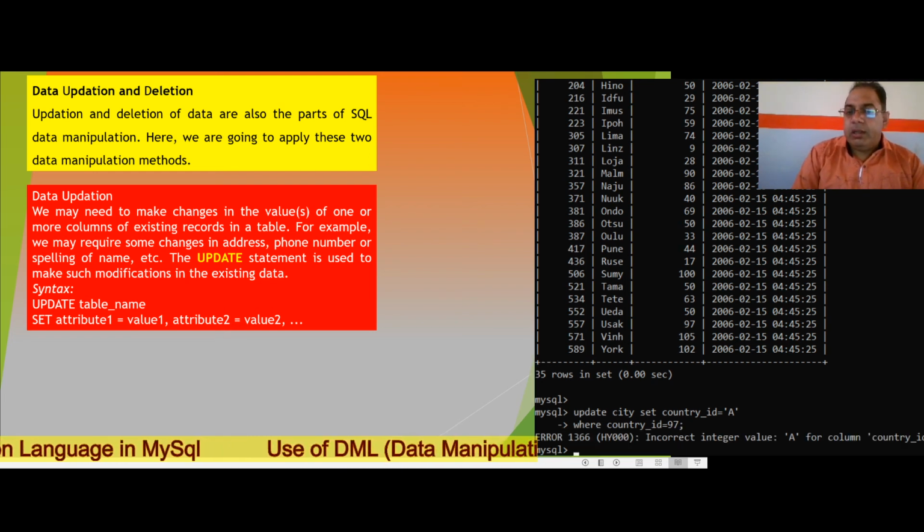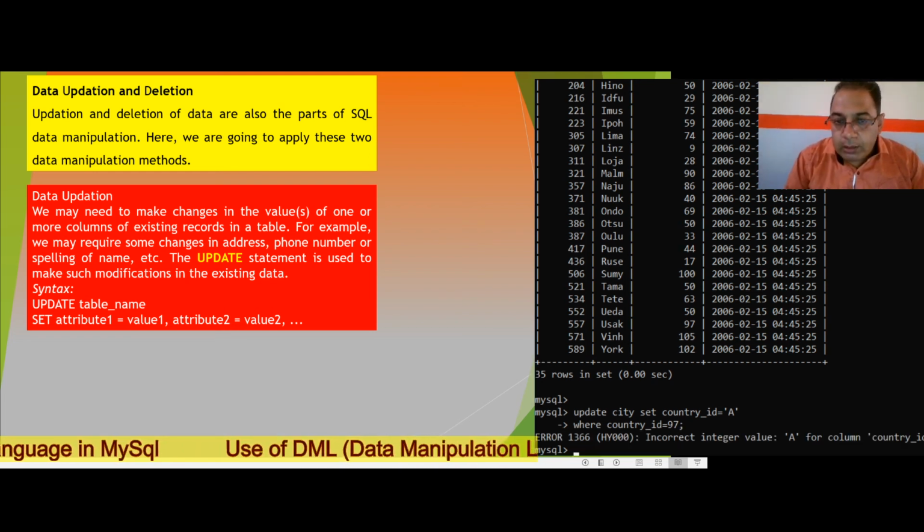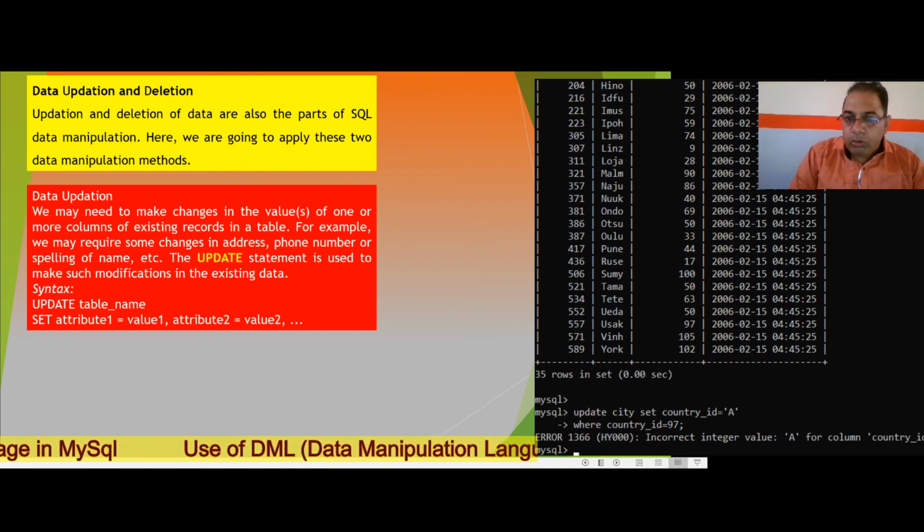I will just press enter. Incorrect integer value for A, column country ID at row.